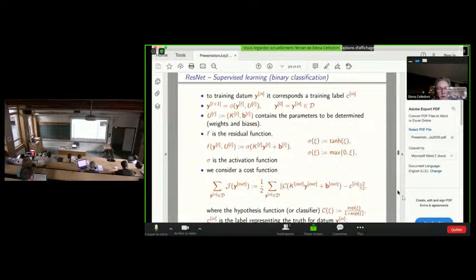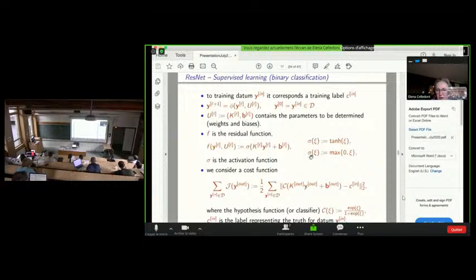So just a few more words. Again, my setting here, the nonlinearity sigma, as I said, is a scalar function, and in the experiments it is the hyperbolic tangent.